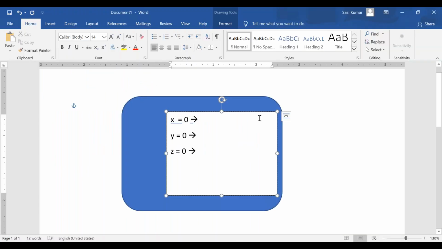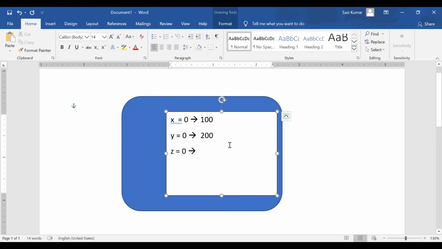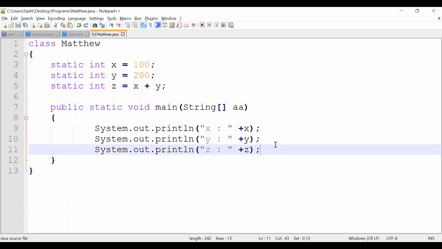X is initialized with 100, y is initialized with 200. Z is simple: the z value is x plus y. What is x plus y? 100 plus 200, that is 300. The expression is evaluated first. So finally we print x, y, z. Let's run the same class again.